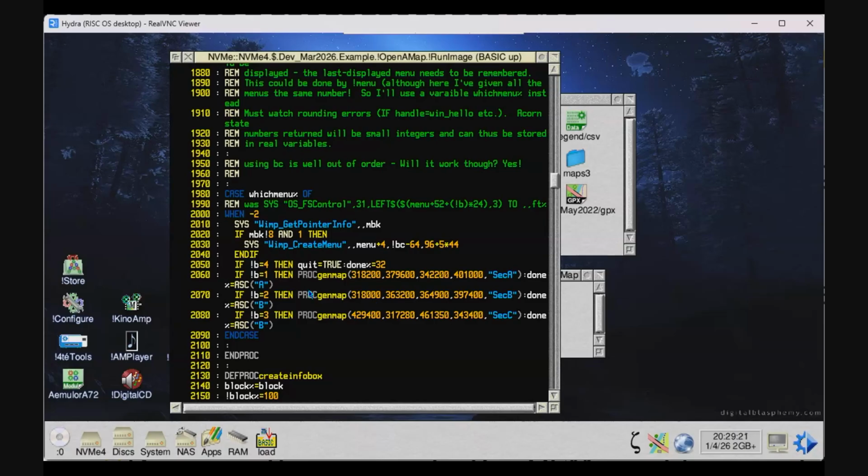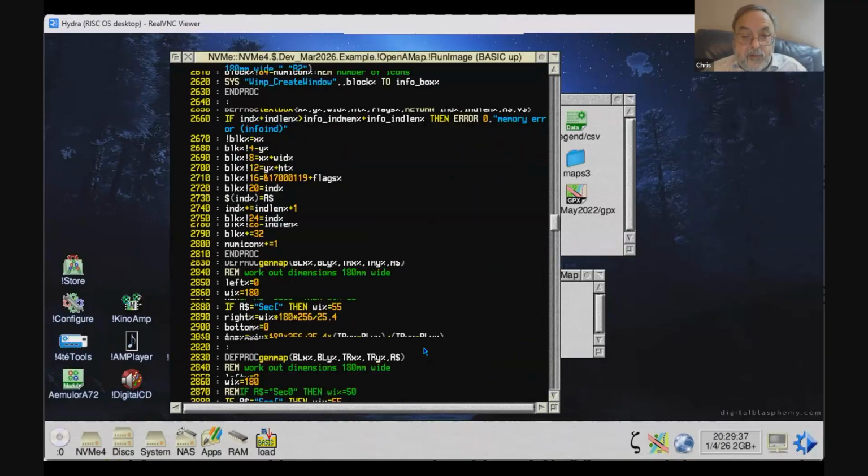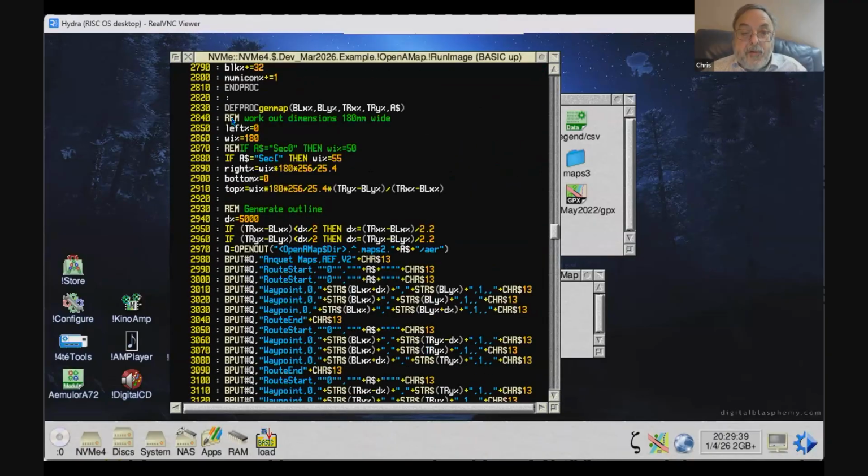Anyway. Yes, you can. Right, so you'll see there's a procedure that says proc gen map with bottom left grid coordinates and top right grid coordinates and a name, which is what it uses. That procedure there, proc gen map, works out the draw coordinates for the top, bottom, left and right of the map I want to produce,